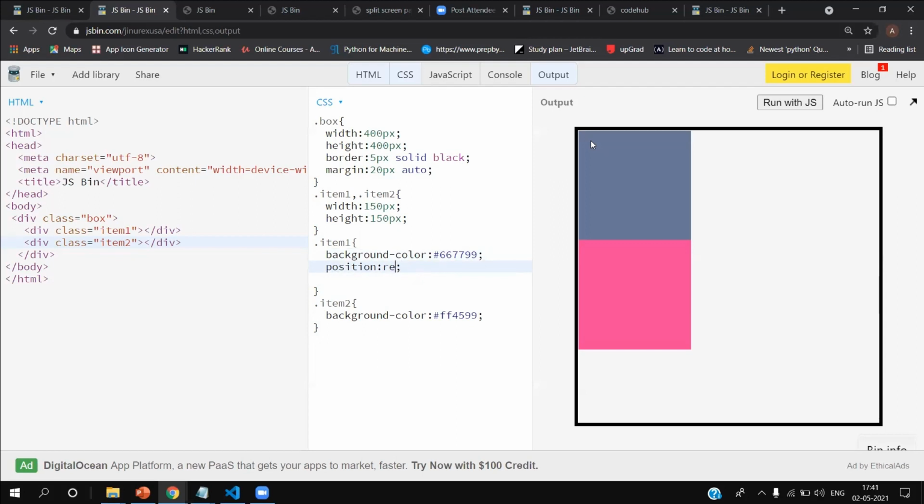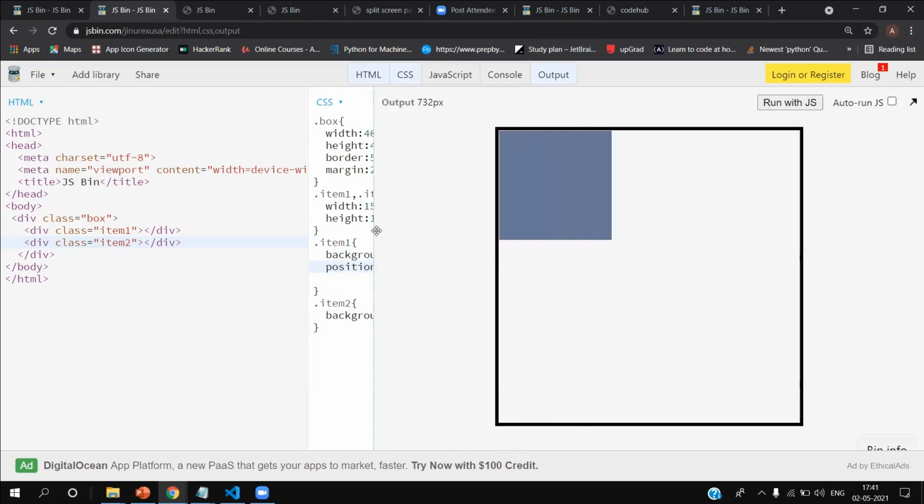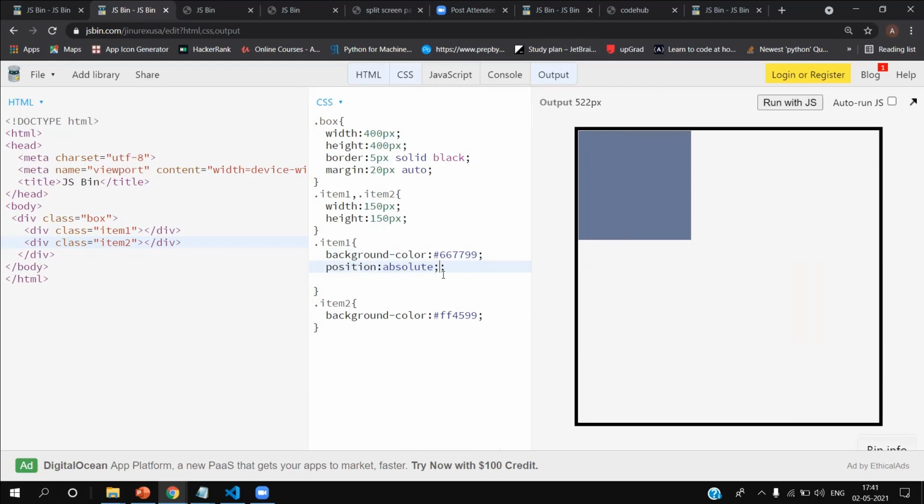Now I'll use absolute. There is another thing called absolute. If I use absolute, it has disappeared. This absolute is used when it is relative to something else.